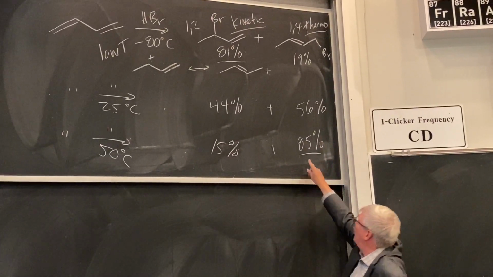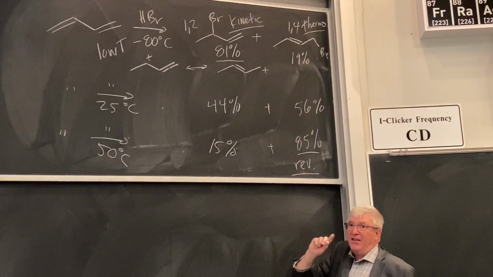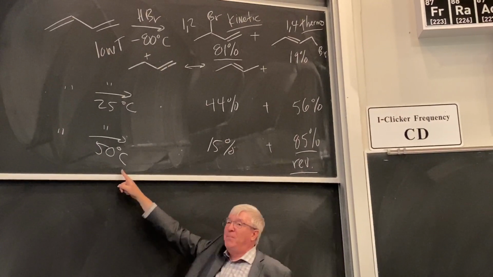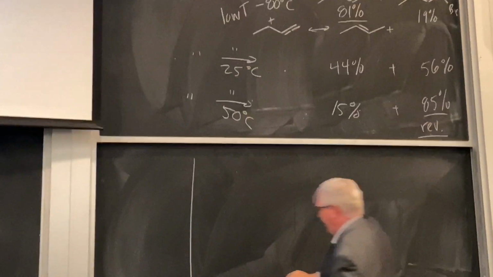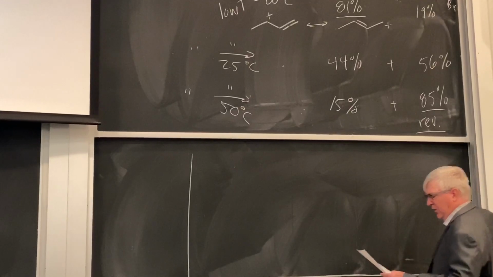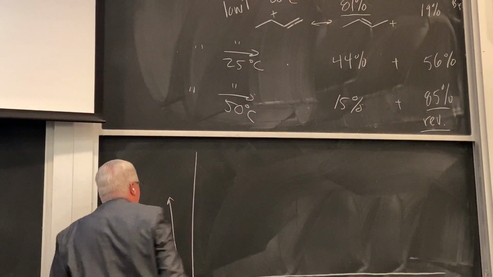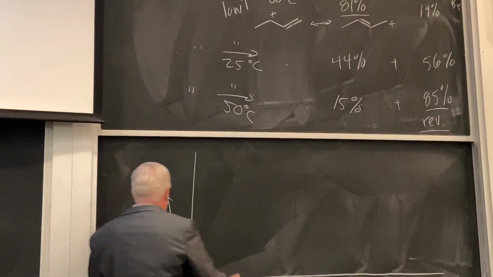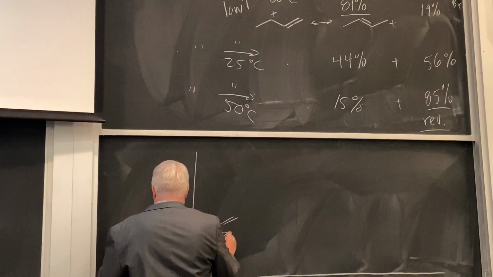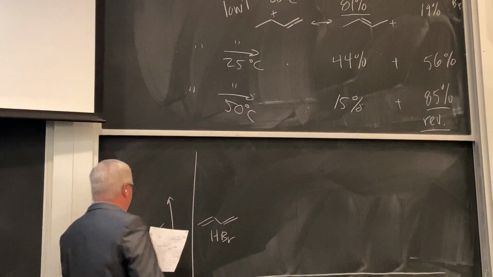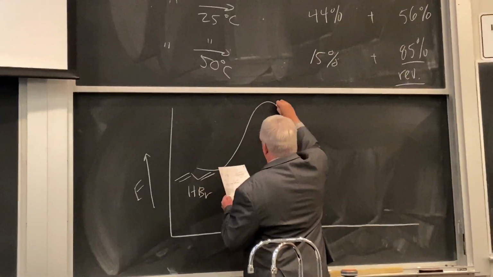And at higher temperature, we get this reversibility effect, okay? And you can see why that is with the higher temperature, right? But let's draw an energy diagram here and see if this makes some sense. So here's our energy going up, this axis. Let's start out with our butadiene and our HBr, okay? So that's our starting point for our thing, and let's protonate and form our